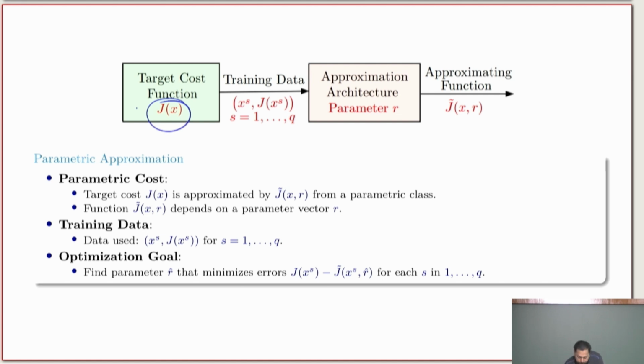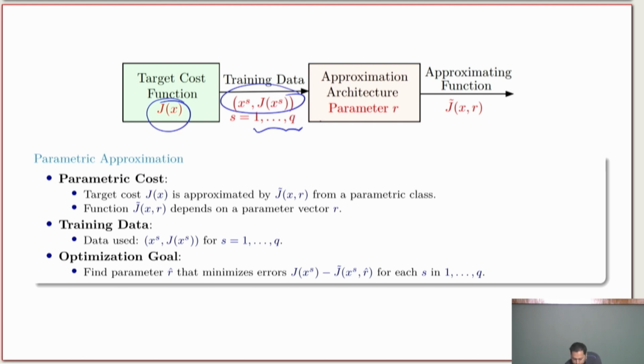Unlike the previous example, here we are looking at cost function approximation. So we need the state and the corresponding cost as the label. So here our training data set is like x and J(x). Okay, so let us say you have Q samples. So this is the training data, and it goes in